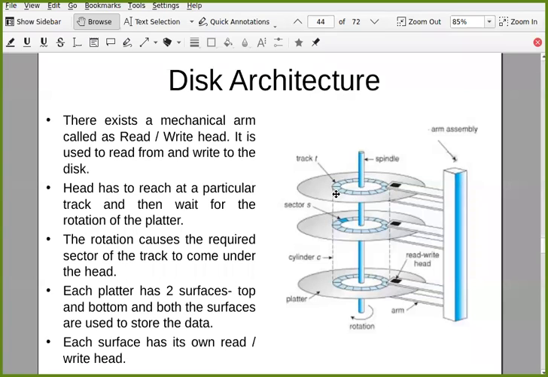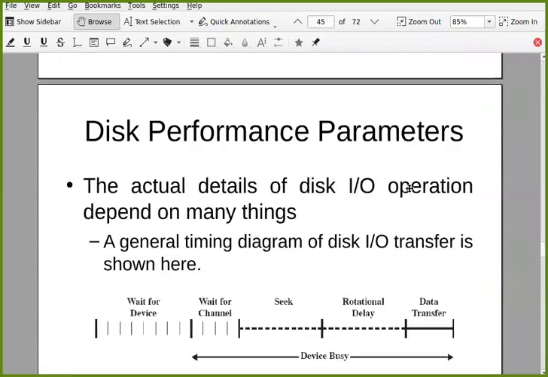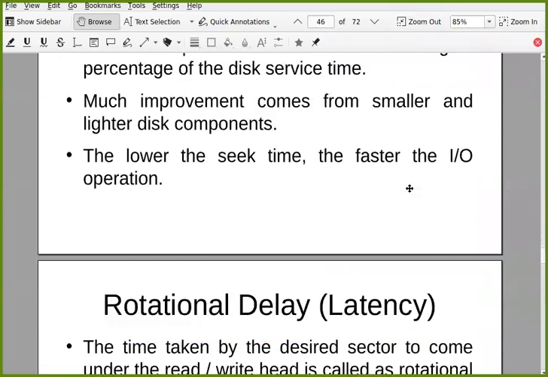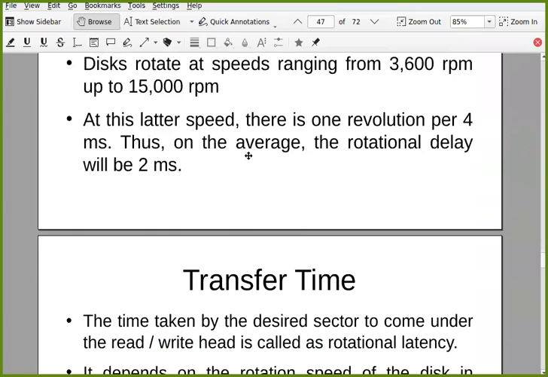Normally when we find an average, we divide the given value. So 4 divided by 2 gives you 2 milliseconds. Thus on average, the rotational delay will be 2 milliseconds.